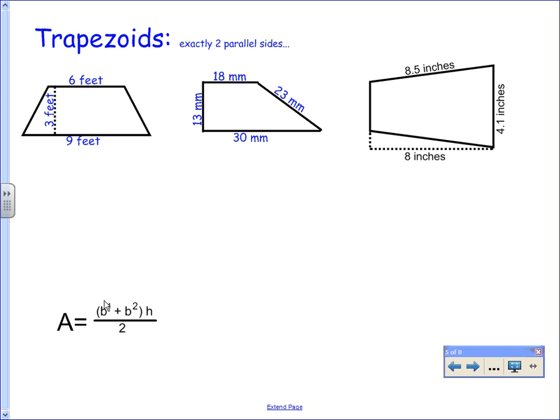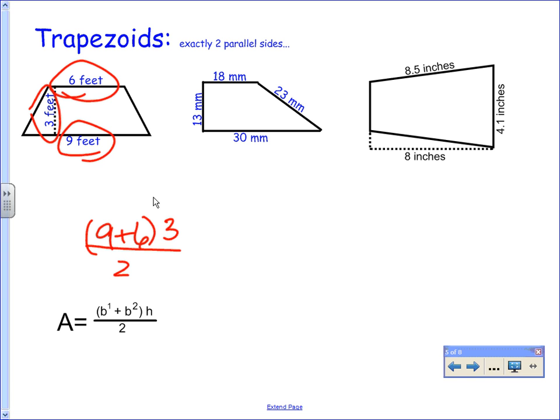Area equals base 1 plus base 2 times height. It doesn't matter which one you call base 1 and base 2 because you're just adding them. 9 plus 6 is the same as 6 plus 9. So we're going to plug in the bases, base 1 plus base 2 times the height of 3, and all